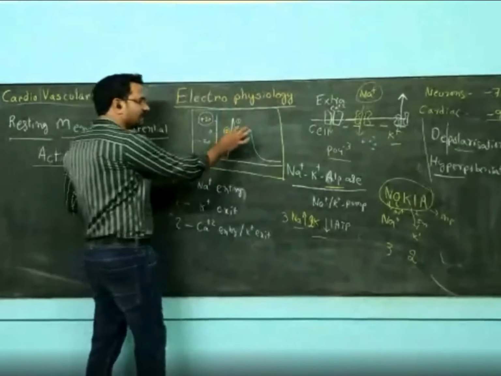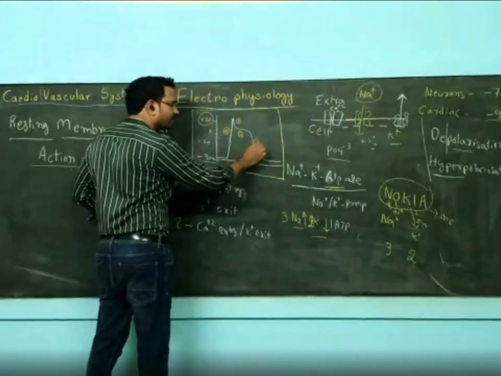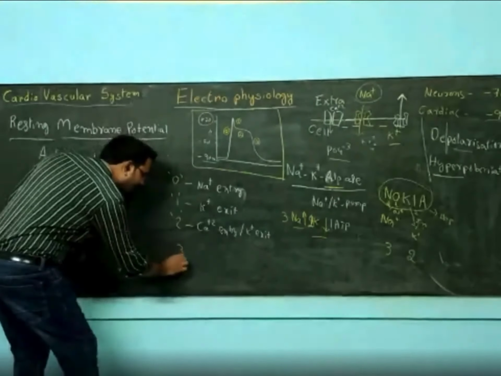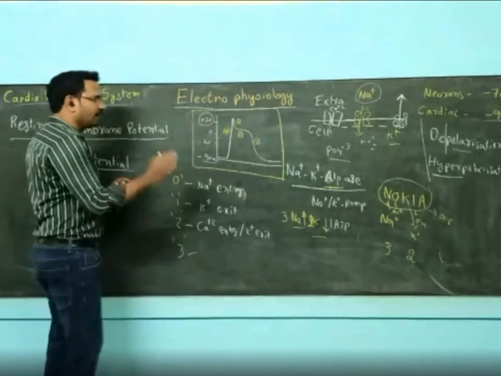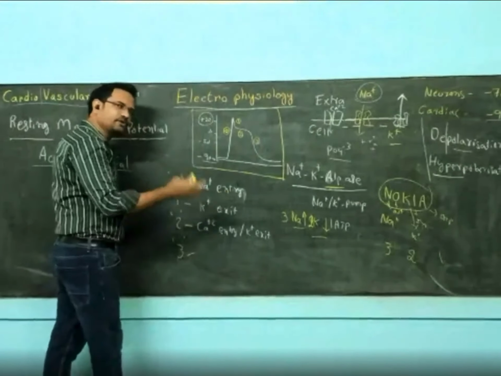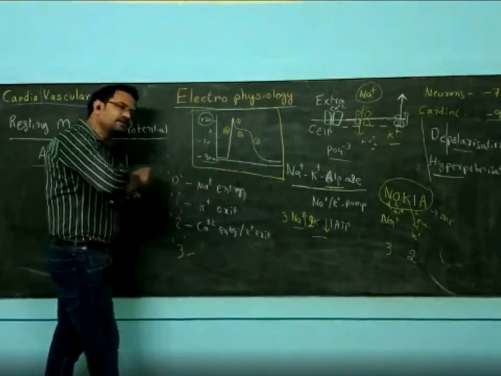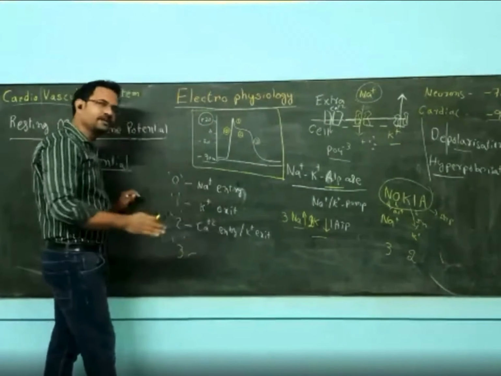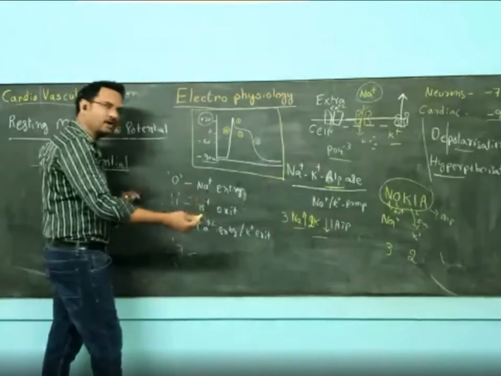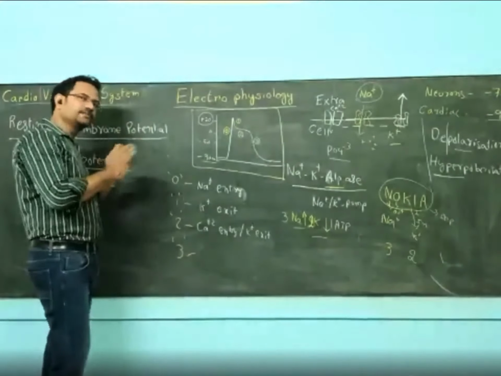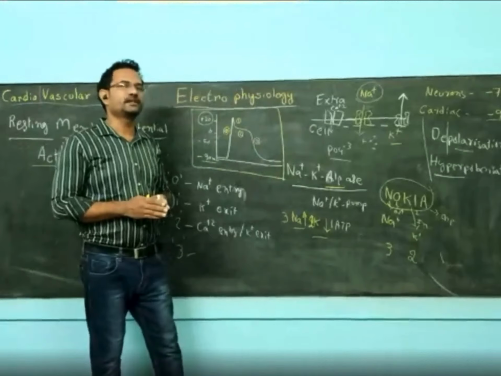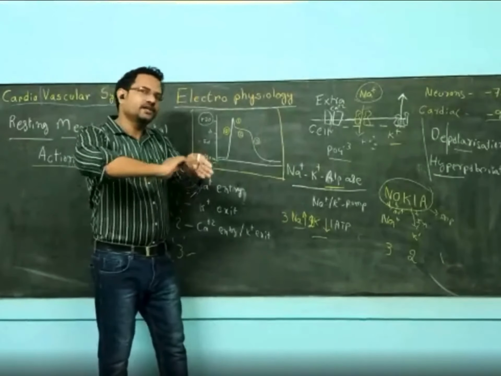Now, after that, you can see the potential is rapidly coming down. This phase is the third phase. The potential is coming down. Now, you need to understand this one. At zero phase, sodium is coming inside because the sodium channel is open. At first phase, sodium channels are closed. Only potassium is going outside. At second phase, calcium is coming inside, potassium is going outside. Now at third phase, calcium channels will close. Again, opening of calcium channels is also in a span of milliseconds. During that time, calcium rushes inside the cell.